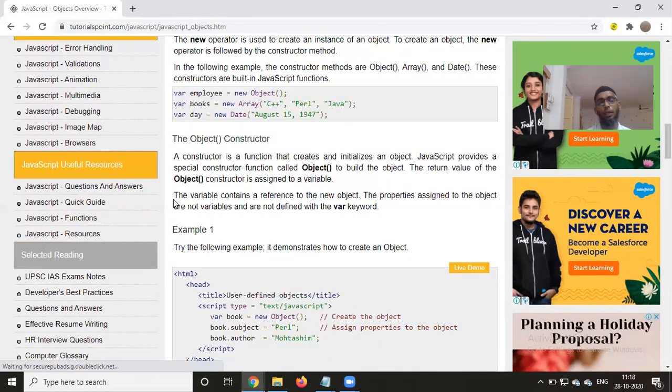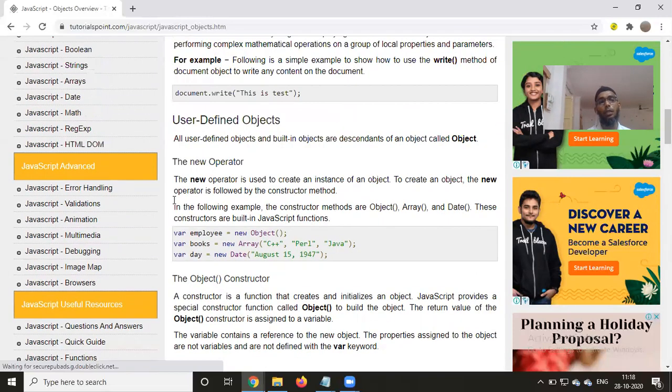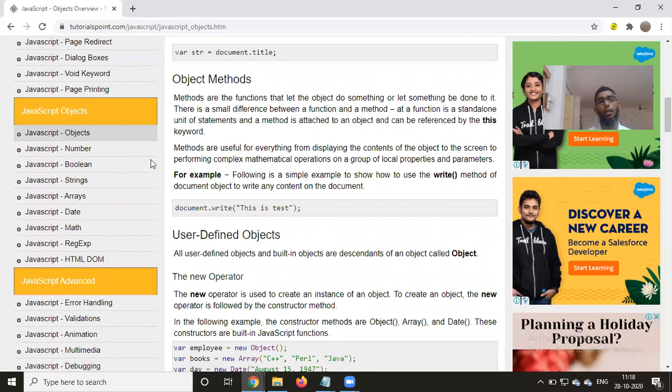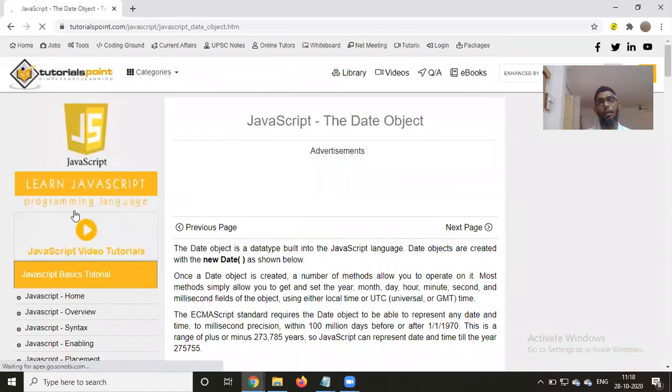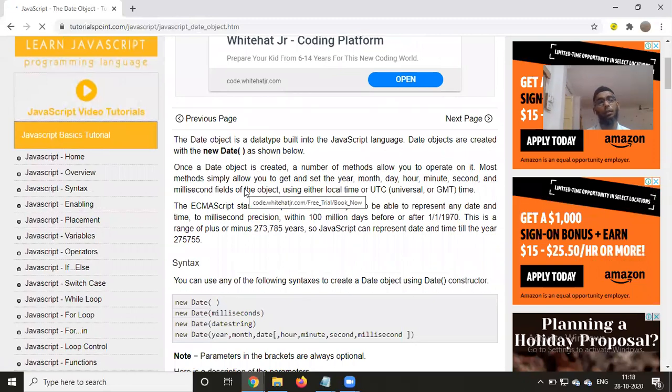Here, JavaScript comes with predefined classes, for which we can create objects, and then using those objects we can access the methods defined by the standard classes. There are many classes; I'm discussing one of them here. You can refer to the tutorials to gain more knowledge about this.